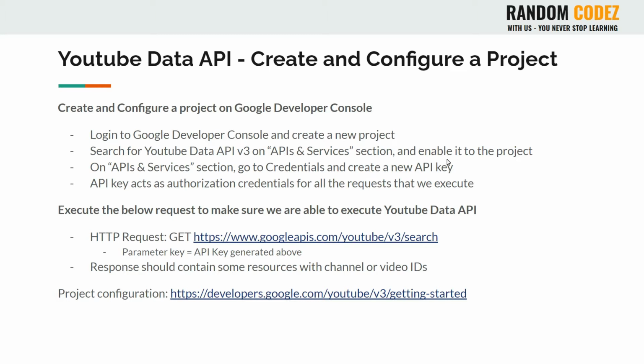our particular project. And once the API is added, then we have to go back to APIs and services section, and then look for the credentials section, and then create a new API key. And this particular API key will act as the authorization credentials for all the requests that we are going to execute from here on. So once we have successfully created a project and API key, then our next step is